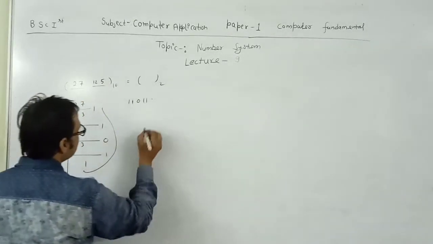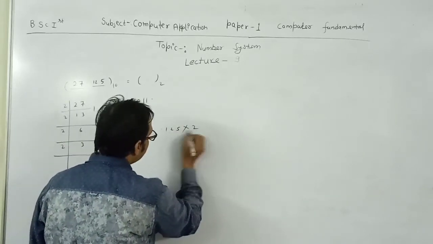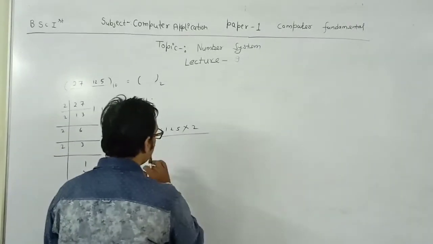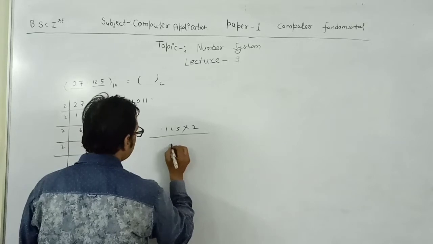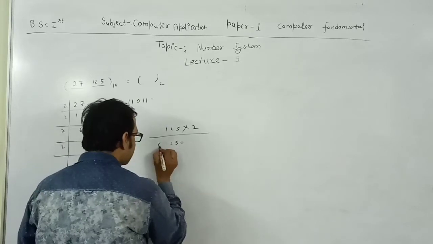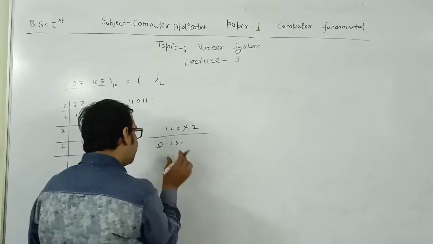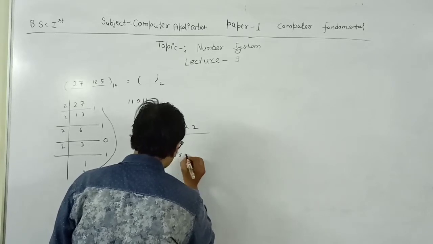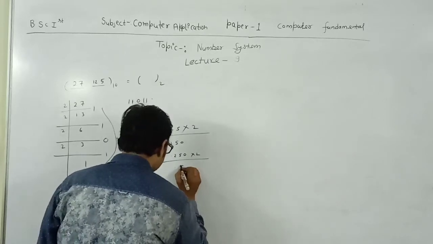So take the fractional value, this is 0.125. Multiply by the base of the number system in which you have to convert. You have to convert it to binary, and the base of binary is 2. Multiply with 2 and write it. So it gives you 0.250, and here the integer part is nothing. You take the fractional part and multiply it with 2. It gives you 0.500.